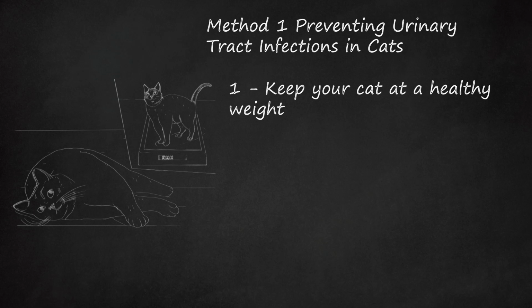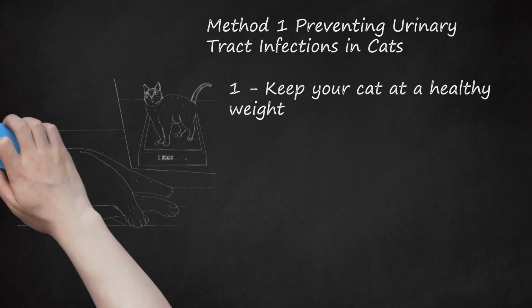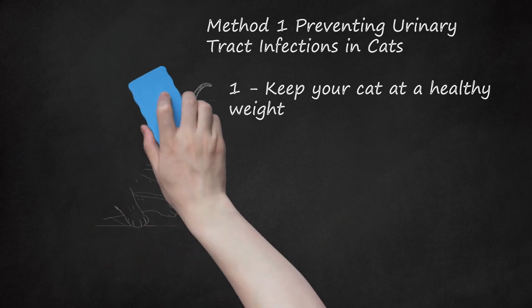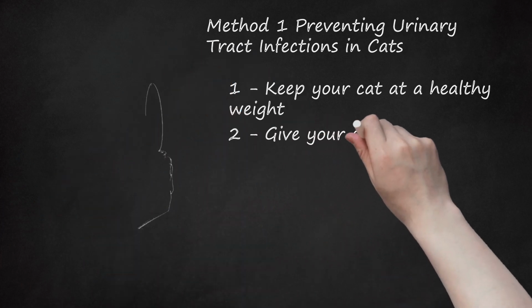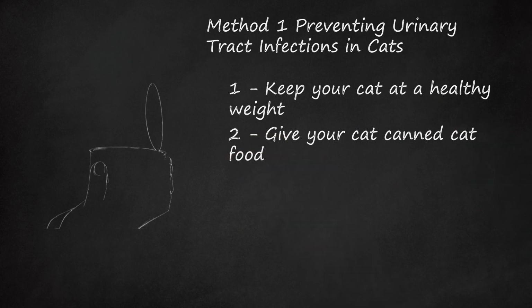The scale considers how easy it is to feel the ribs, how obvious the waist and abdominal tuck are, how much excess fat is below the skin, how much muscle mass is present. 2. Give your cat canned cat food. Canned cat food more closely resembles the natural diet of cats, rodents and birds, and has more protein and moisture than